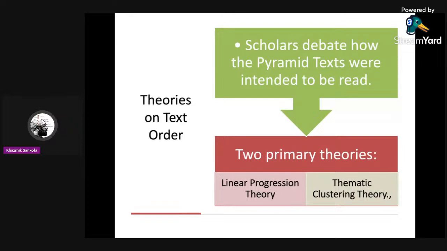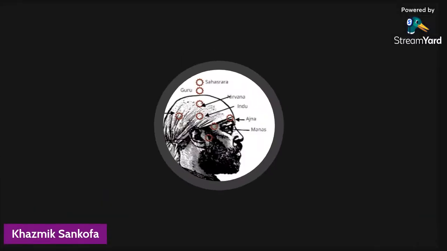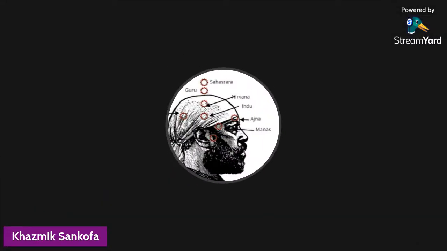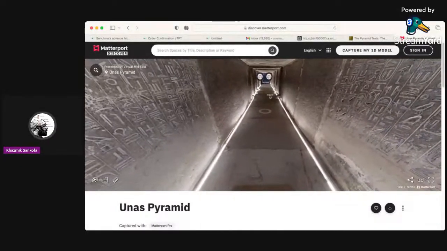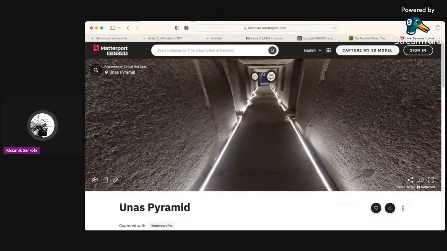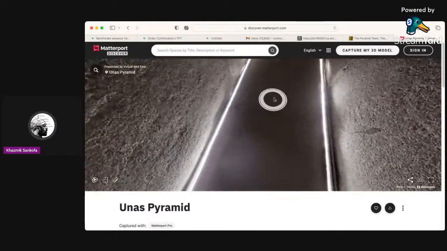Now, these are the pyramid texts. The texts served as initiation centers. The pyramid, the temple complex, not the pyramid itself, but the temple associated with it. Like I said before, let's go through the temple itself again. The temple itself served as an initiation procedure that people would go through in a trance-like state.